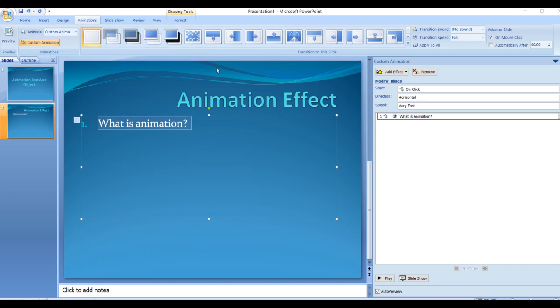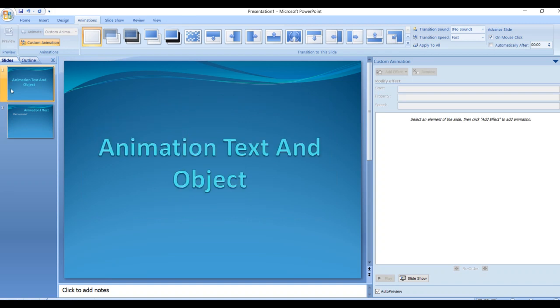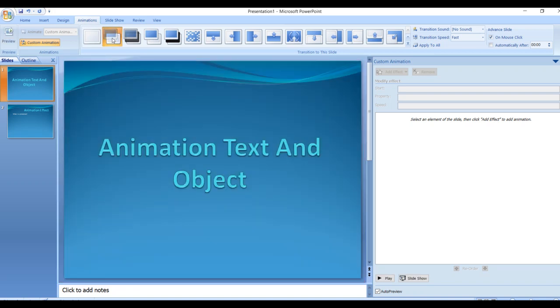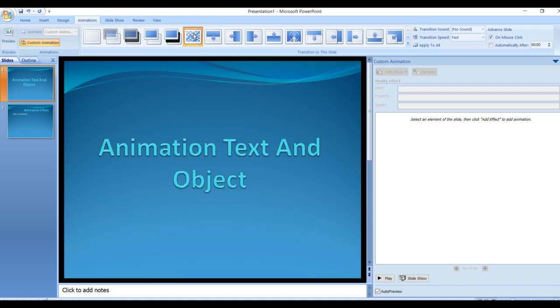Now students, see here. First I'll show you how to give an effect to my slide. Suppose this is my first slide. Just go to the animation. Here I have selected no transition. So what does no transition mean? There will be no slideshow effect. So for that I want to give a transition. Which way do I want? Suppose I want it in this way.